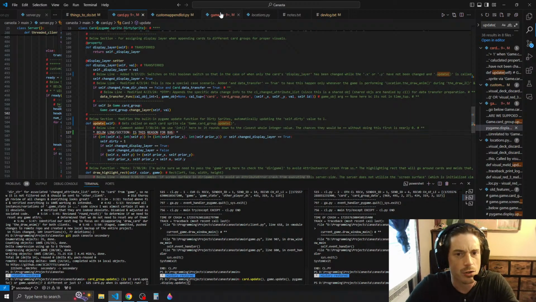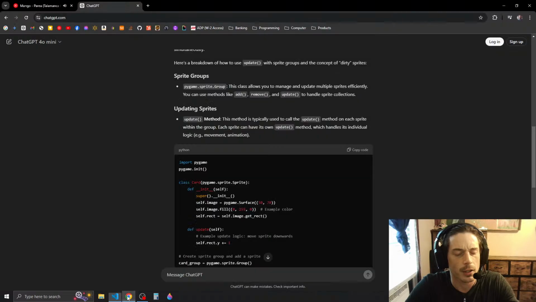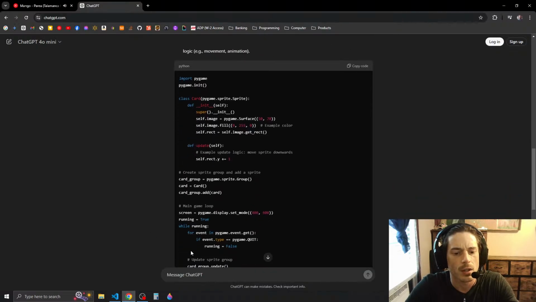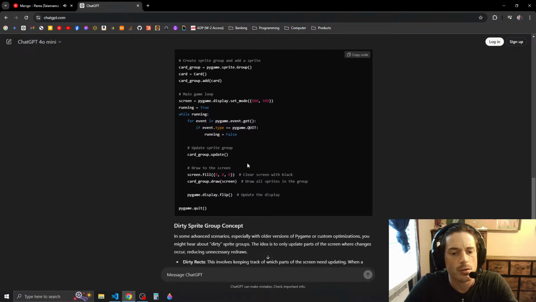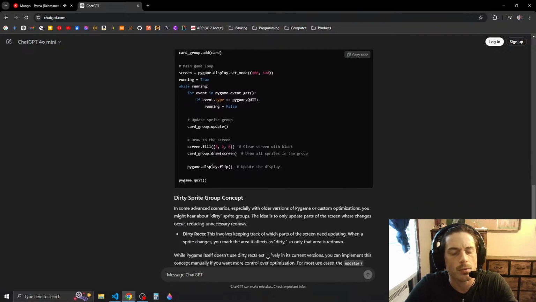And we're not sure at this point. And so yeah, we have the update, we create the sprite group, card group add, right, update, card group draw, screen, so on and so forth. And they use flip instead of